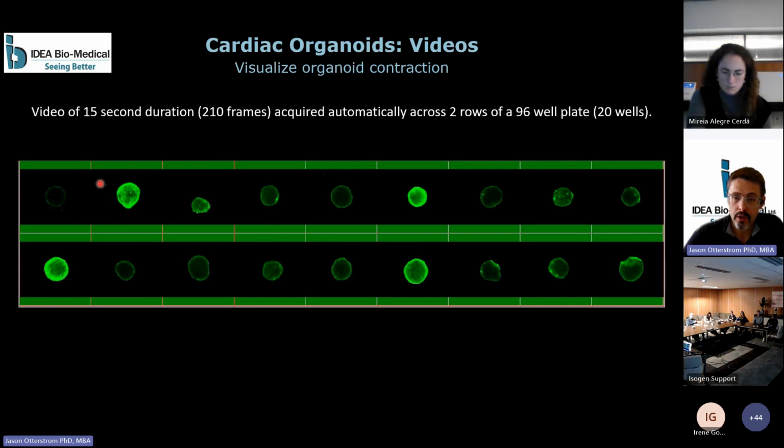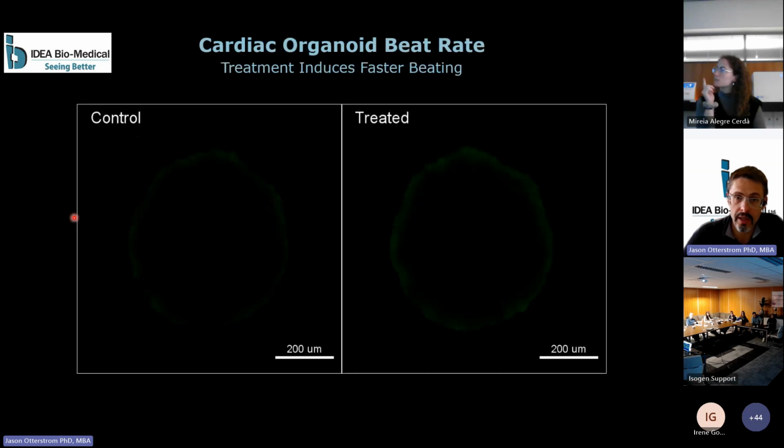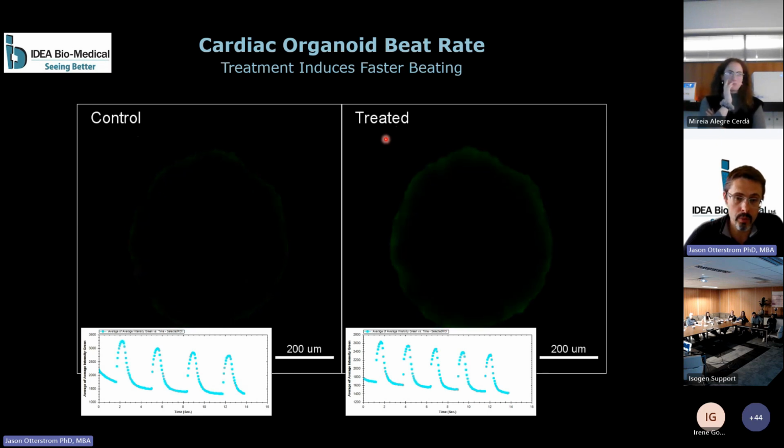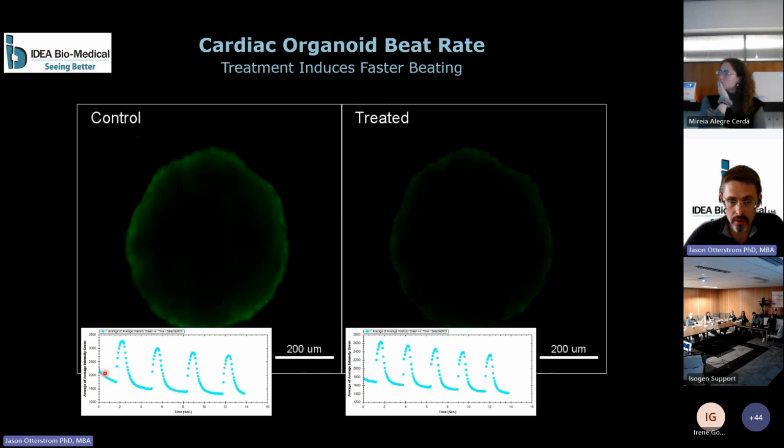And finally, this was a cardiac organoid that was undergoing contraction that for me as a trained physicist was quite exciting to see. So this is a single image from 10 different wells that they had prepared for us. And we had 2 different time points looking at the same organoid, but first under control conditions and later under treated conditions, where they added a compound that, again, they didn't tell me what it was, but we can see that in the same length of the video, being 15 seconds,